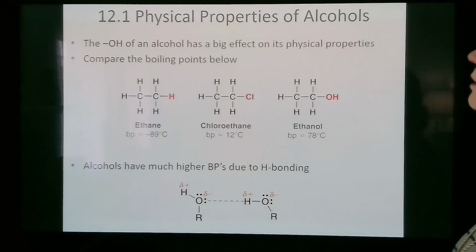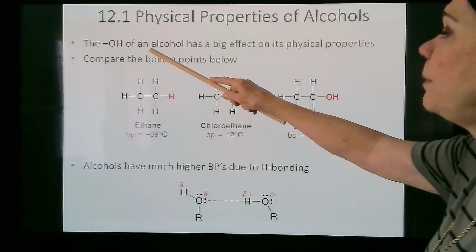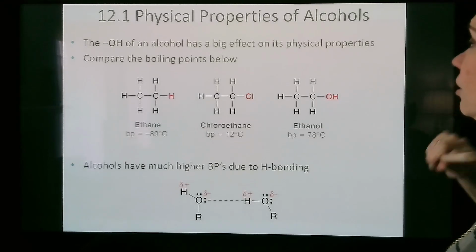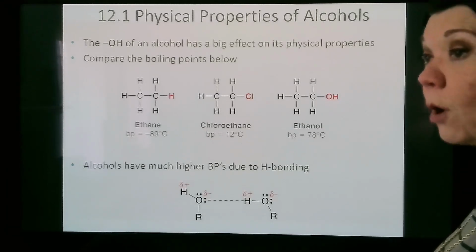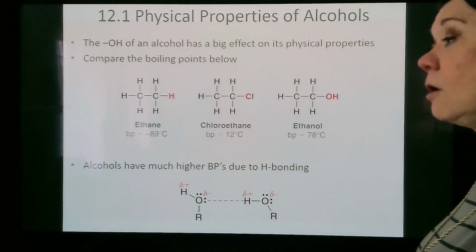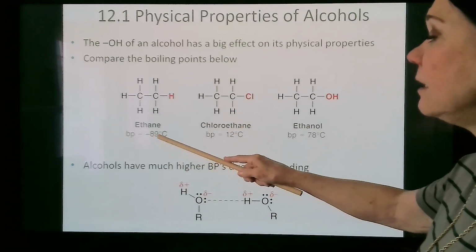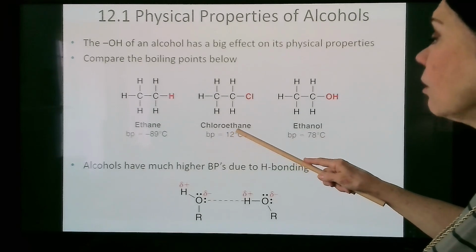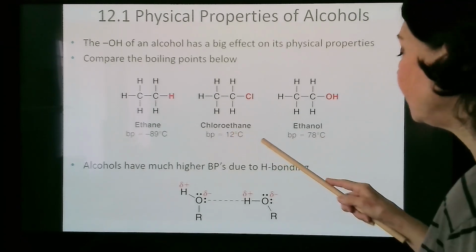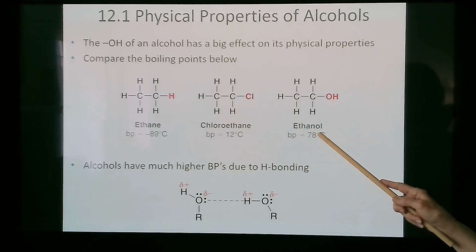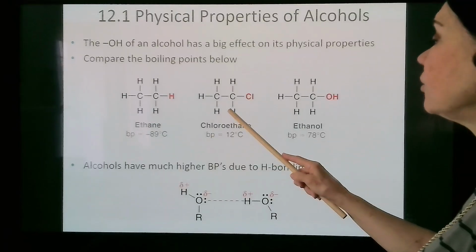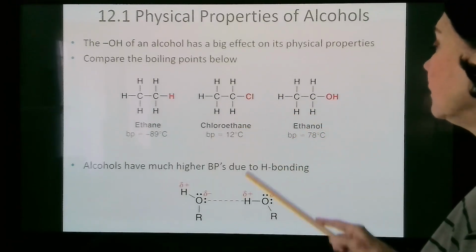So now let's look at the physical properties of alcohols. The hydroxyl group of an alcohol has a huge effect on its physical properties. Solvation and boiling points, for example. Here, ethane is minus 89. Chloroethane is 12 centigrade. Ethanol is 78 centigrade. The comparison between chloroethane